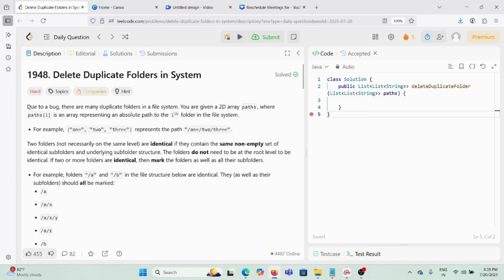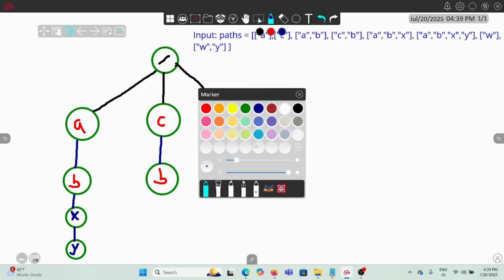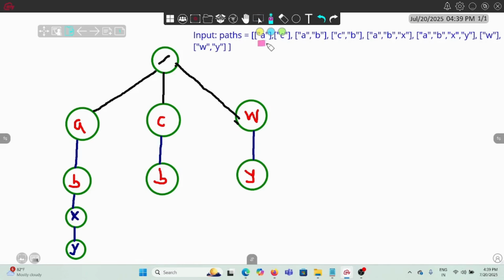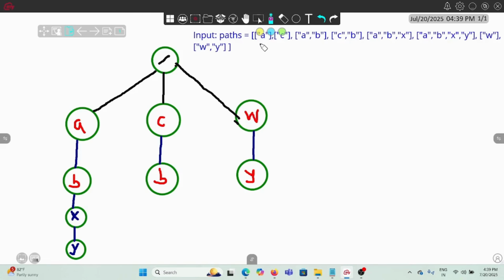So what is happening is, due to a bug, there are many duplicate folders in a file system. You can consider it like this. You are given a 2D array paths, where paths[i] is an array representing an absolute path to the ith folder in the file system. For example, suppose these are our paths as given in the question. So you can see these are 2D arrays, right? Lots of arrays are there, and in these arrays, for example,